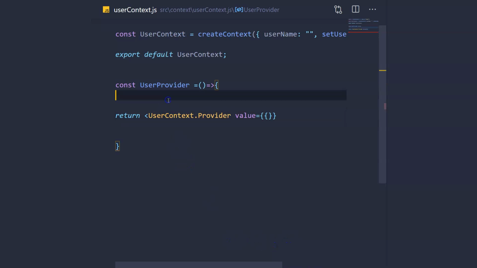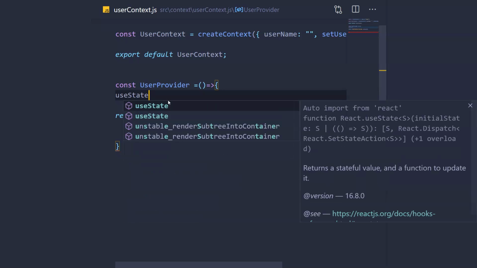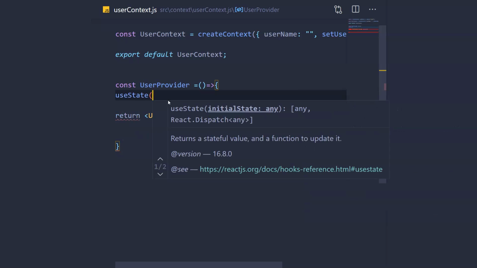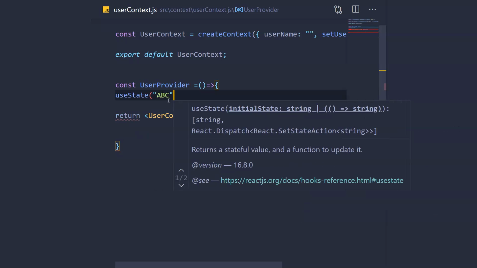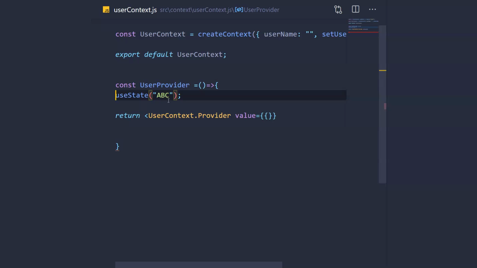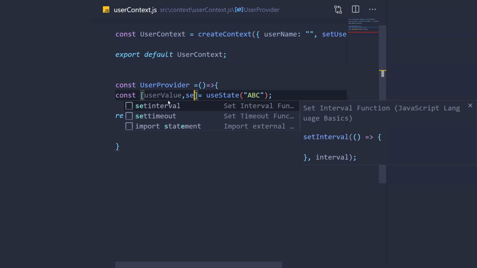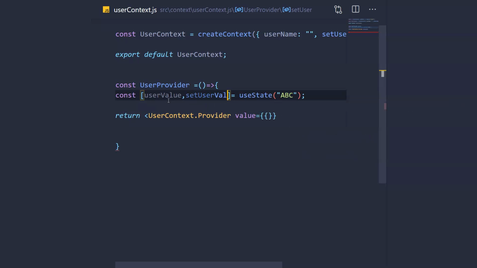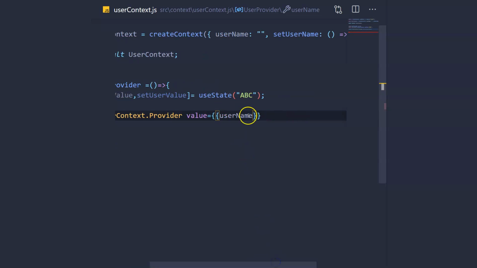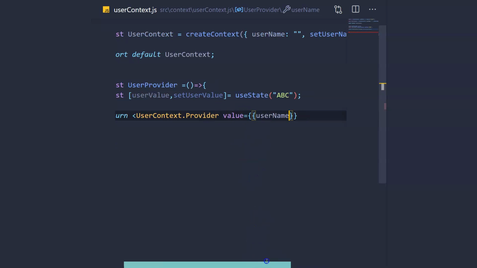For writing the logic of how to set the username, we have only a single username. Let me create a useState here. Maybe I will set it with some ABC value, let it be the initial value, and let it return the user value and setUserValue. Now for this username, I'm providing the logic.